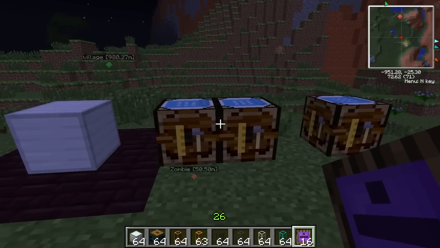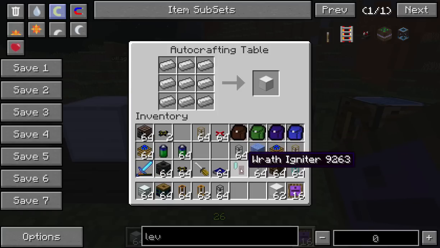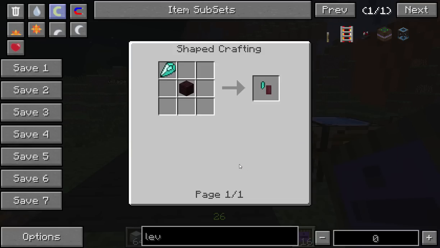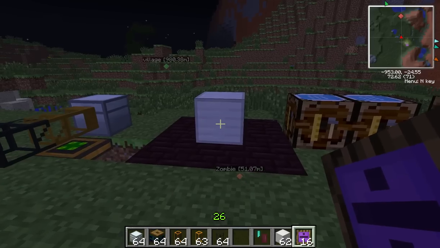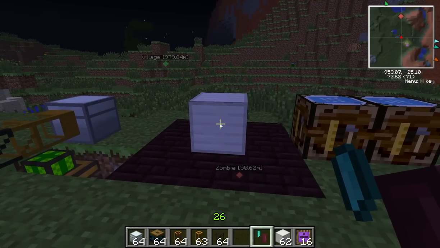Now, to make the dark iron ingot, first of all you need a block of iron. Let's get rid of a few of these. You also need a wrath igniter, which is a diamond shard and a nether brick. Diamond shards, well, you've got to get into Factorization for that, I suppose. To make the